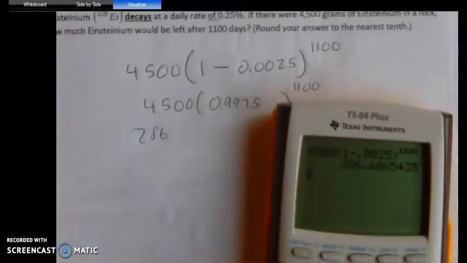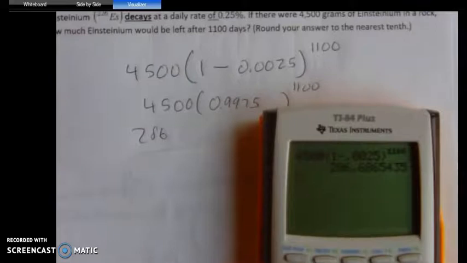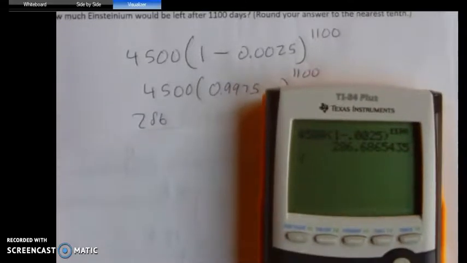Okay. Now let's think of another avenue I could have done here. If I assume that this decays at a continuous rate, let's see what that would look like. At a continuous rate, that would be the initial amount times e to the power of the rate of negative 0.0025 times 1100 days. And you're going to recognize I get something a little bit larger, but it's really close to the right answer. The only difference is it's compounding